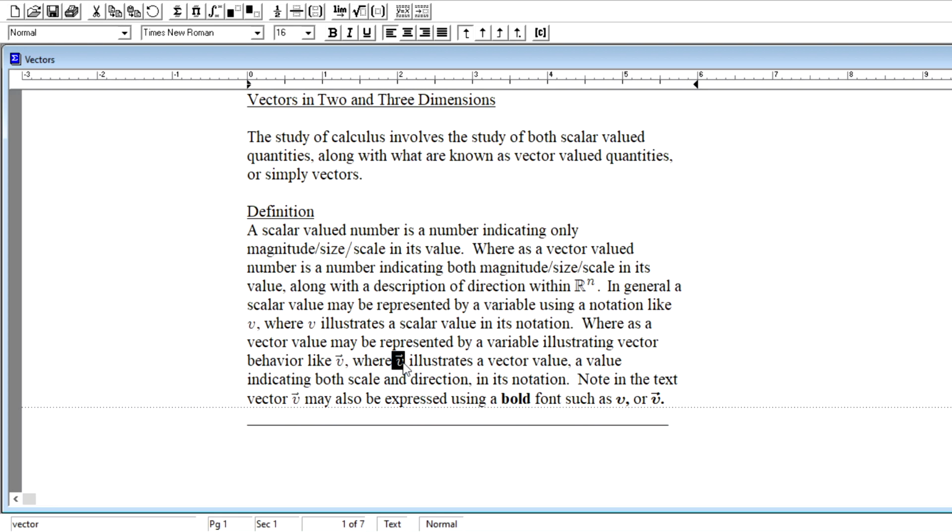Now, the text doesn't typically put the arrow. What the text will do is use a boldface font. You might see something like a bold V instead of an unbolded V, or you might see a bolded V with that vector notation on top, depending on what text you are referencing. But these are common ways that we illustrate this vector value, this value that represents both a size and a direction, a magnitude and a direction. And there's a lot of instances where we consider